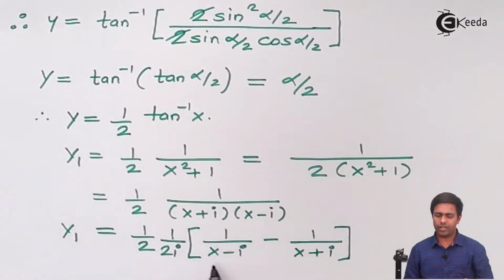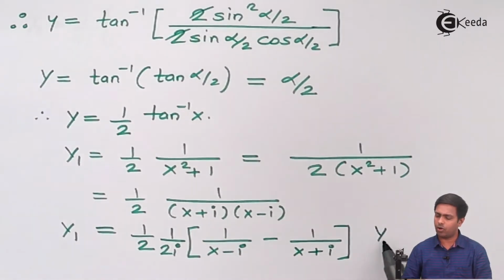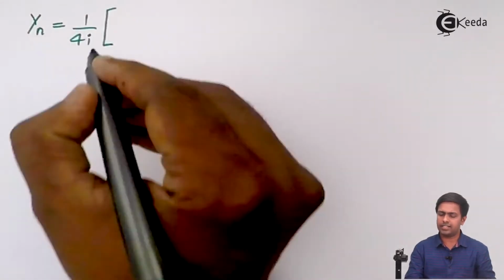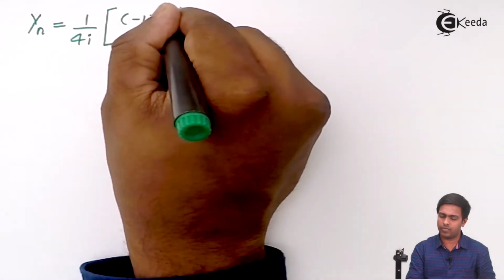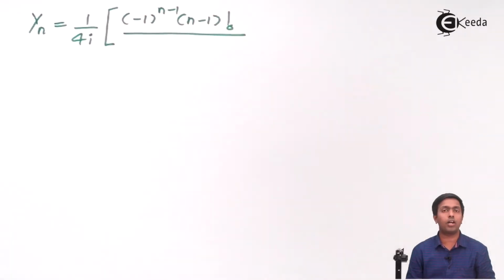The nth derivative of this term will be minus 1 raised to n factorial. But the nth derivative we will get at y of n plus 1, and we want the y of n value. So whatever is the value of the nth derivative, we will reduce it by 1. So we'll get the answer as minus 1 raised to n minus 1, then n minus 1 factorial upon,